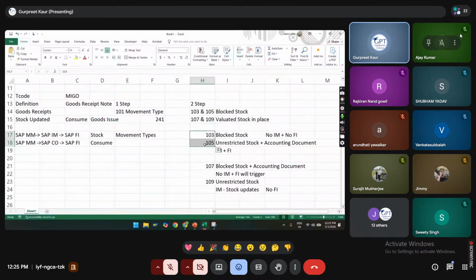And in organizations where the company knows the material is valuated, we already have the insurance done, and we are taking the liabilities, when they are aware of the material valuation, they will go with the 107 and 109 two-step process. At this point of time, your finance is going to be impacted. The only thing left is checking your material.